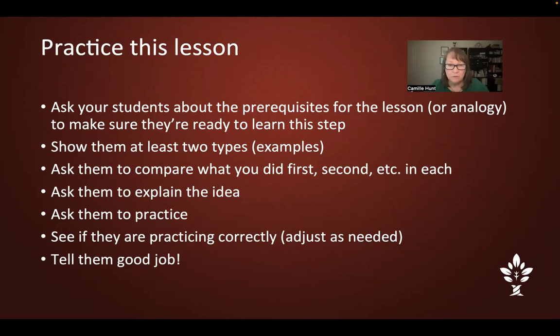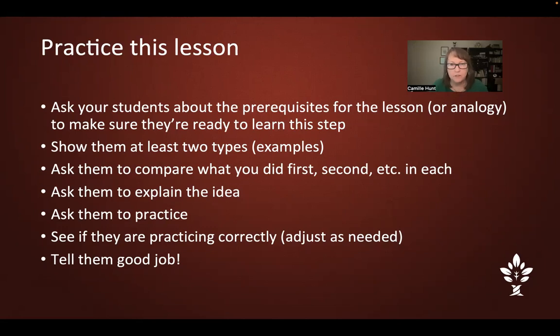If you only have your students once a week, fine. If you have them five days a week, you may want to do this elocution in two parts and show them refutation elocution, and then teach them simile writing in a separate lesson. So for similes, you have a prerequisite. They know comparison. Show them two examples. You ask them to compare the steps you took, first, second, third. And we did that in that list. You want them to be able to tell you back: something of the kind, same kind, different kind, same trait.